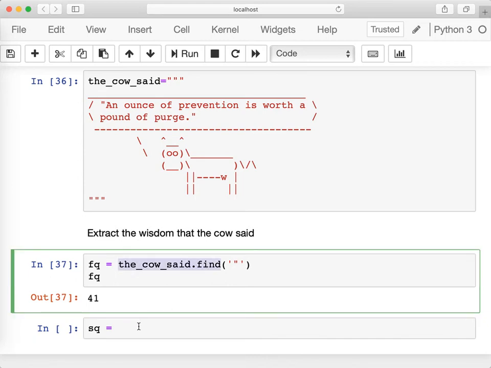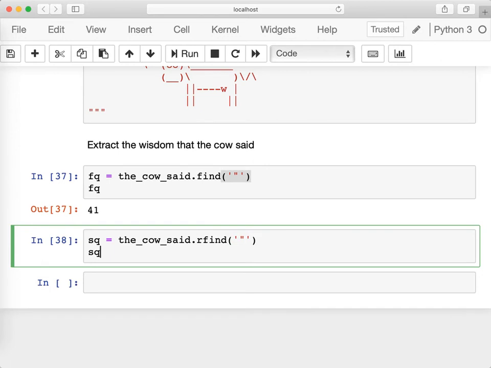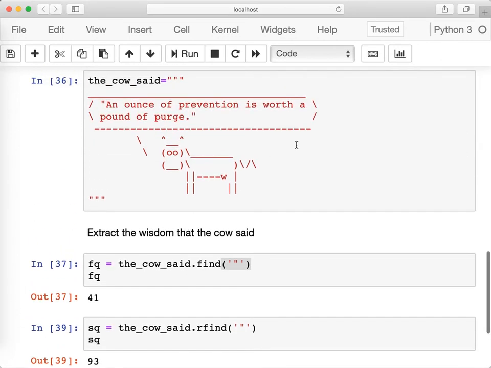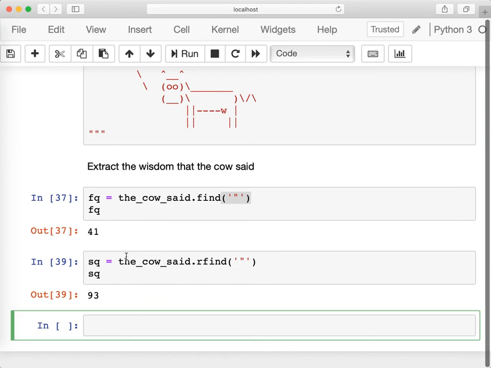I mean, there are two ways here. I either go backward, I do right find rather than find, and that's going to give me the second quote, which is at location 93, because there are only two quotes. Or I can do the cow said dot find and find a quote, same as before, but I'm going to start from the location of the first quote,